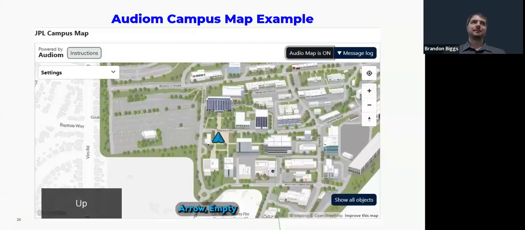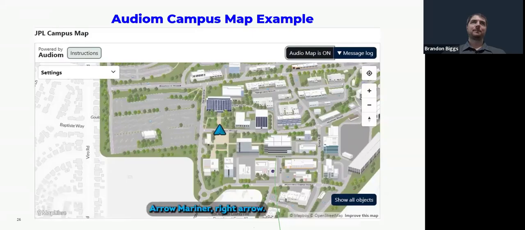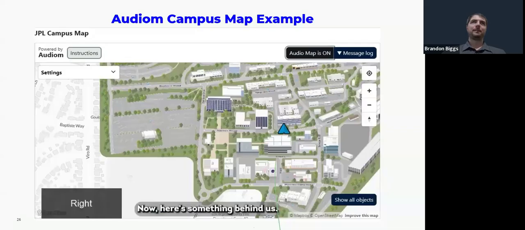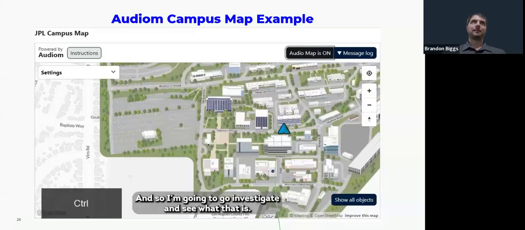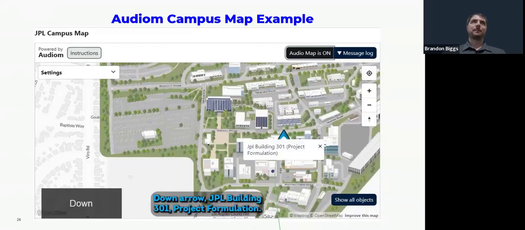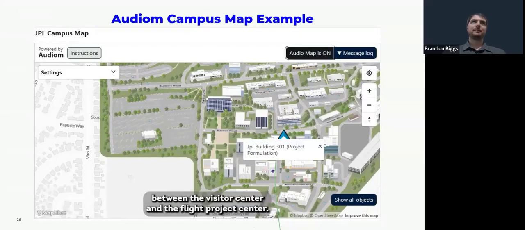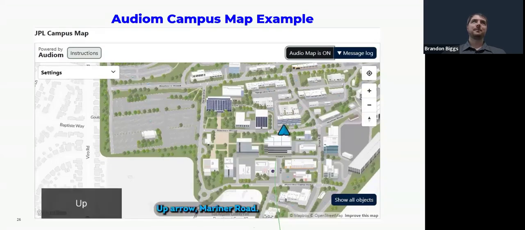Up arrow, empty, up arrow, Mariner Road, 320, right arrow, Mariner Road, right arrow. Now, I hear something behind us, and so I'm gonna go investigate and see what that is. Down arrow, JPL building 301, project formulation. Cool, so project formulation is in between the visitor center and the flight project center. I'm gonna return to the road and continue. Up arrow, Mariner Road, right